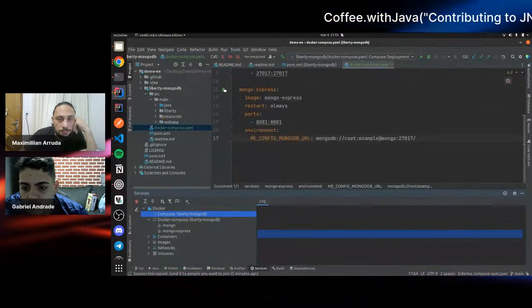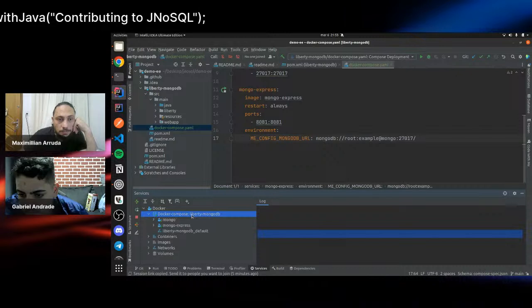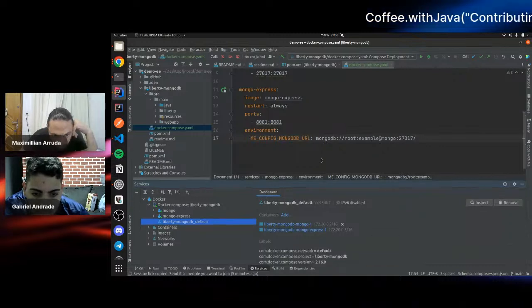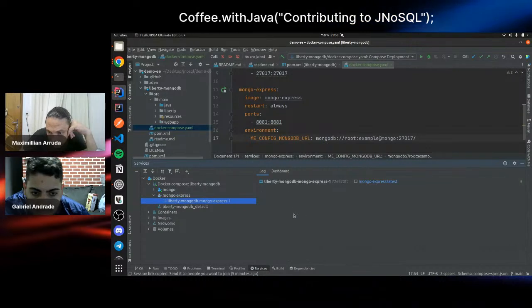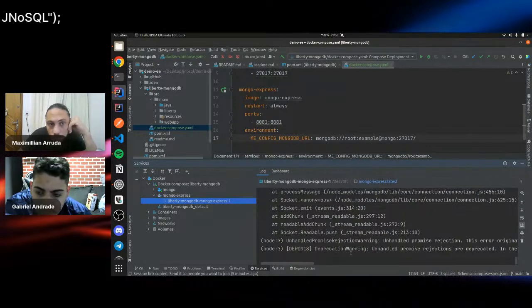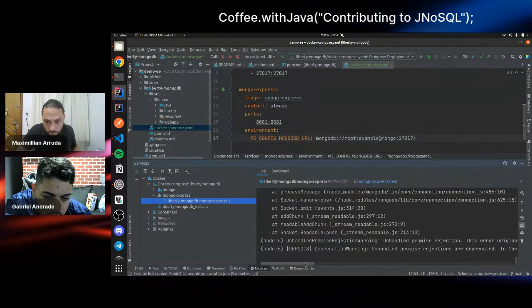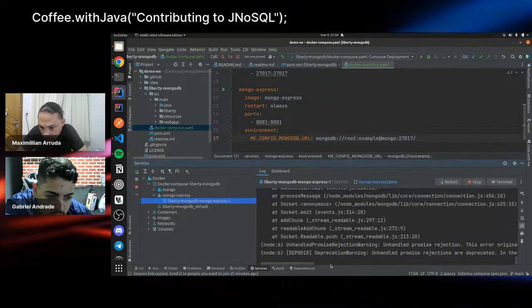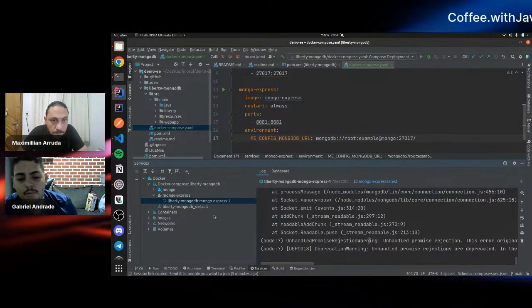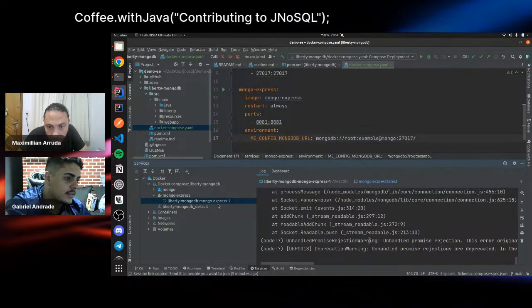We can do this right here. Oh, maybe it's a problem with the Mongo Express. It's entering the looping.